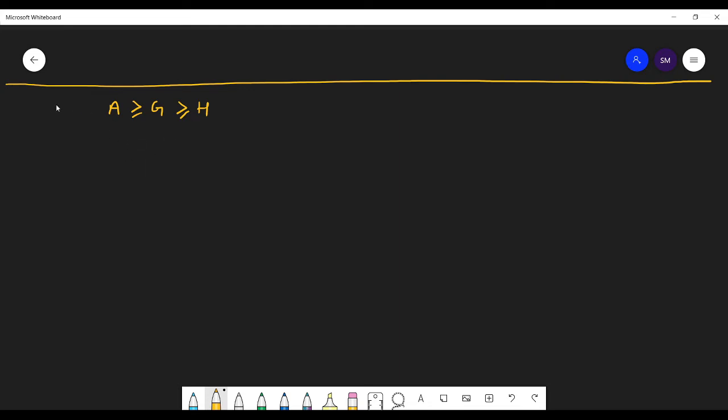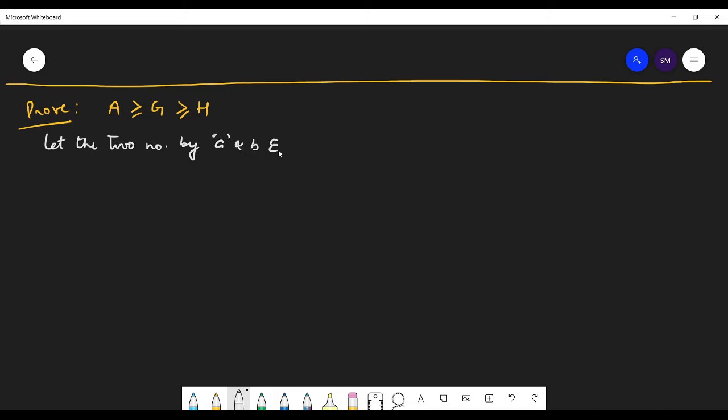So now let us prove this, and see how this is true. Now this is very simple. You people can prove it yourself also. It's so simple. Let the two numbers be A and B,